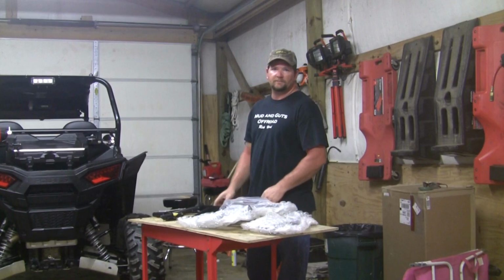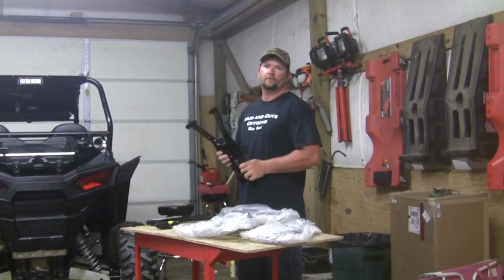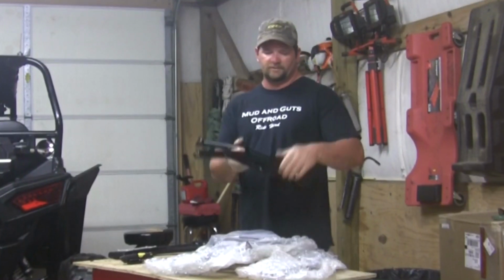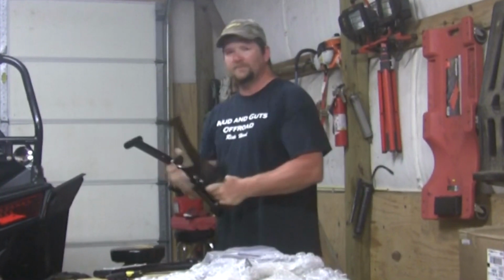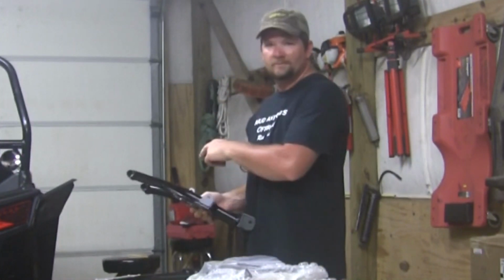Welcome to the shop where I just picked up a set of Highlifter's new high clearance A-arms for the Razor 900S. Now, there's a couple reasons for these A-arms. One, you got a high clearance here. Your A-arms are arched instead of straight through. And another reason, they're rearward raked, so they give you another 1.5 inches clearance for a bigger tire